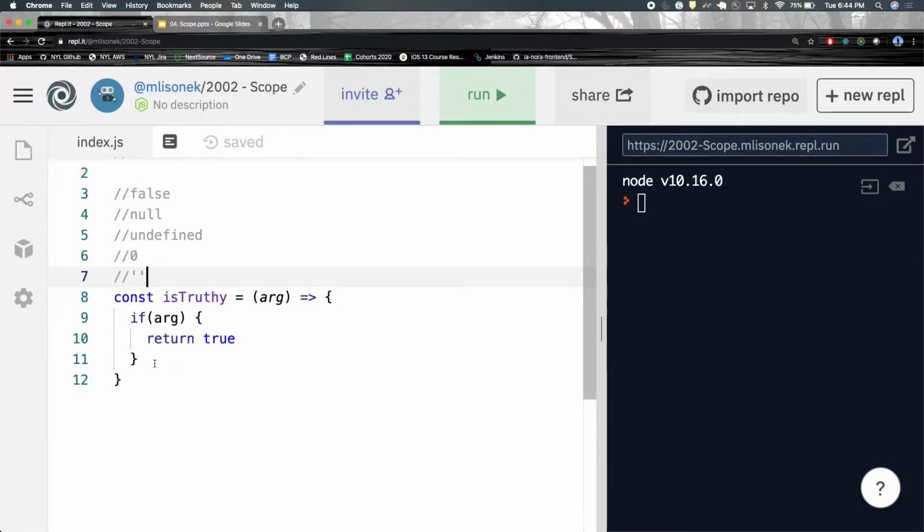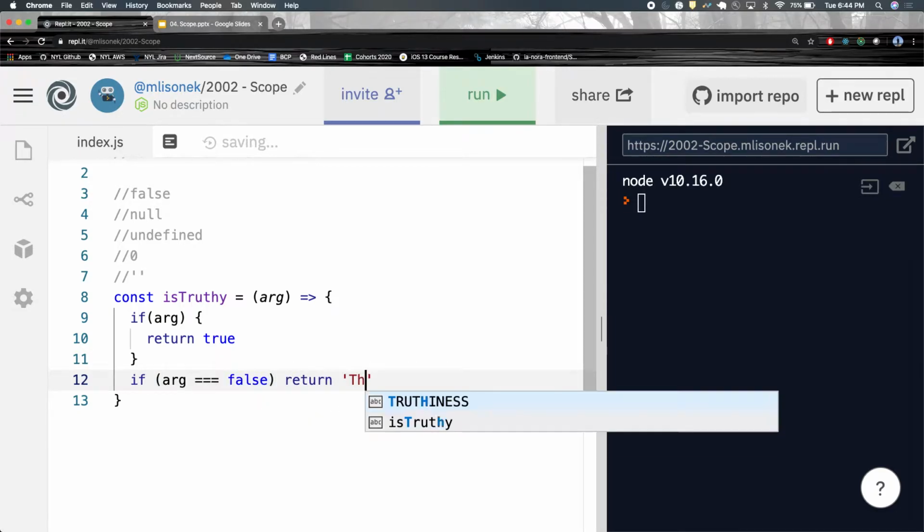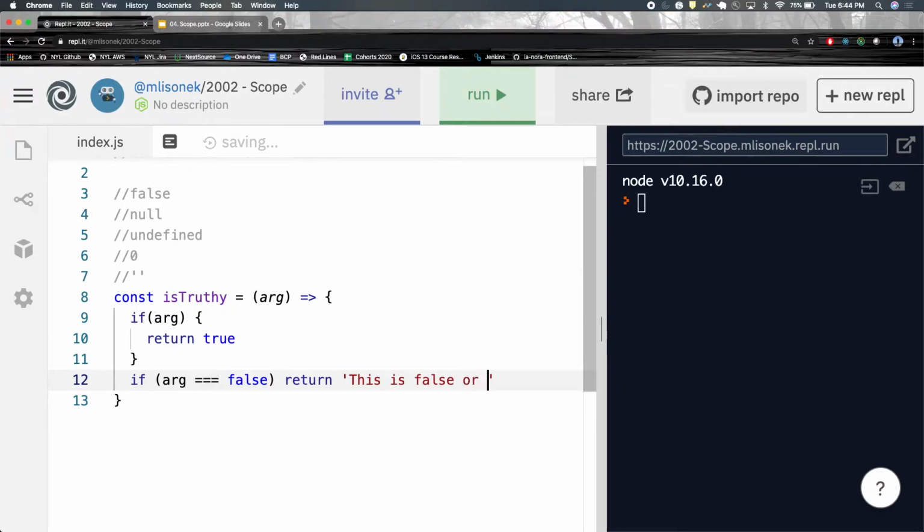So now, quite literally, if arg is triple equals to false, then we can return this is false or whatever. Whatever the question wanted you to return. It required certain strings for each value. They all referenced the value that was being passed in to show that you knew that these are all the different types of falsy values, right? So if this is this,